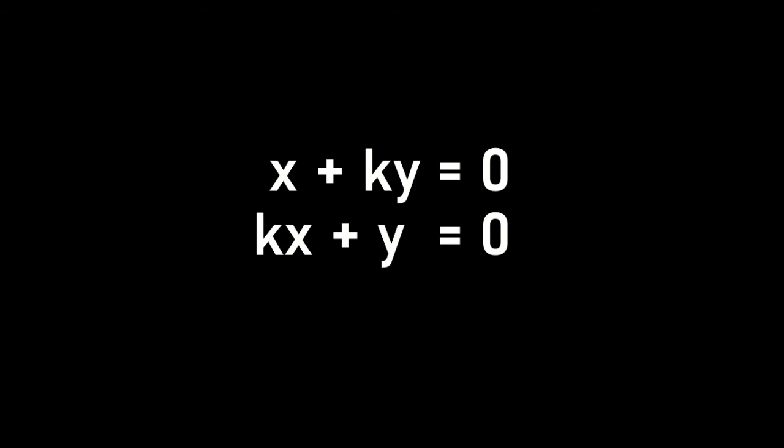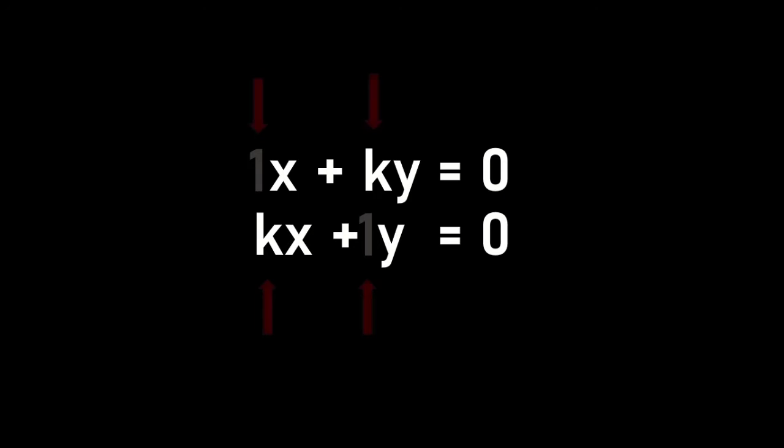For number 81, we need to determine the value or values of k such that the system of linear equations has exactly one solution. And we have x plus ky is equal to 0 and kx plus y is equal to 0. First thing to do is we need to reduce the system to row echelon form, and for that,